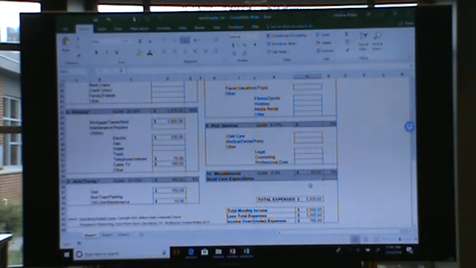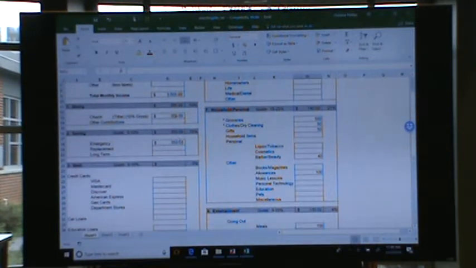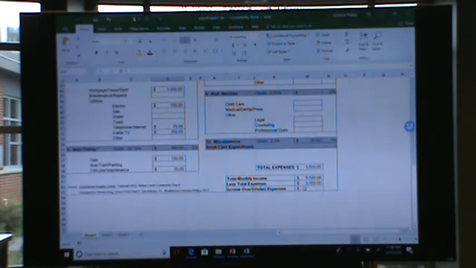So we've kind of gone through and we say, oh look, I have $195 left. So what I'm going to do is say, well, my first goal that I've set in using this budget is I want to save my emergency fund. So I'm going to take that $195 and add it to my emergency fund here, and I'm going to use the power of Excel and not do it in my head. I think I said that was $195, right? So it's $554. Yeah. So now we have a balanced budget.